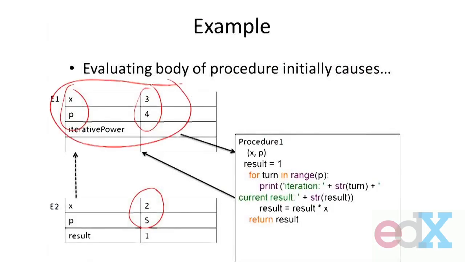So we created a black box. Details don't matter. I can reuse this procedure anywhere by simply using its name. If I decide to change, for example, the names of the parameters in here, I'm free to do that, and it doesn't change any computation that relies on just using iterative power. So procedures do give us this one